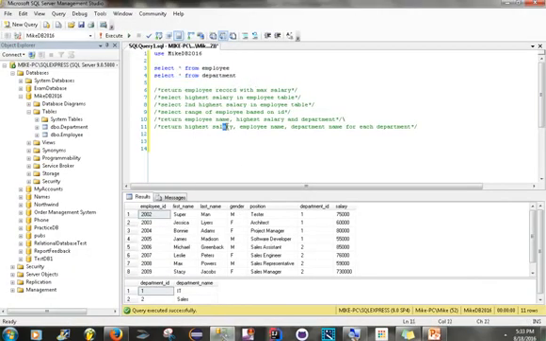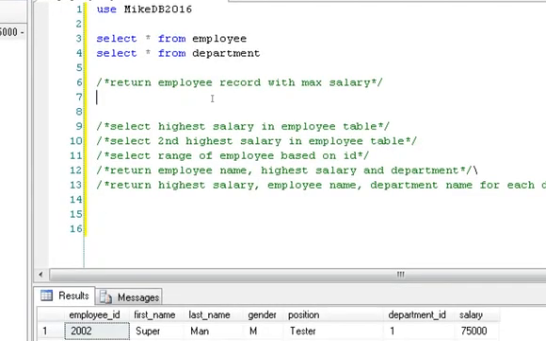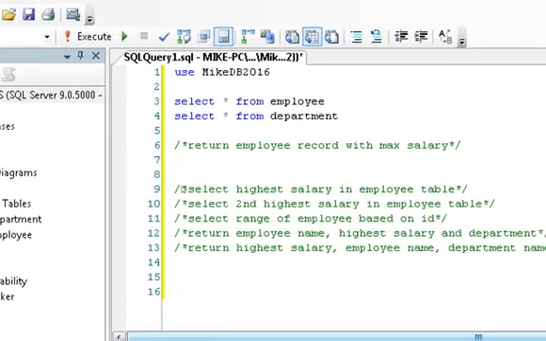Alright, so I'm going to be using Microsoft SQL Server in order to show you guys how to write a query for each one of the questions that I've mentioned in the previous slides. And what I've done here is pretty much just display the employee table as well as the department table right below here. Alright, so we're going to start this off with the first SQL query question. What I want to do is zoom this in. Alright, so the first thing we need to do is to return,